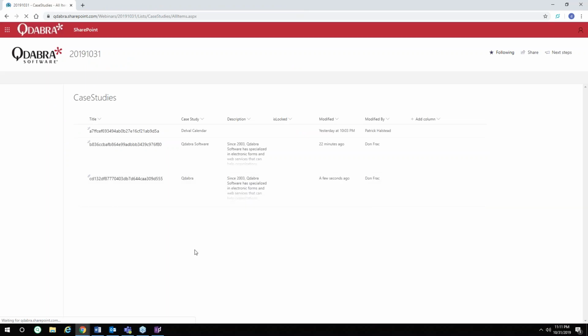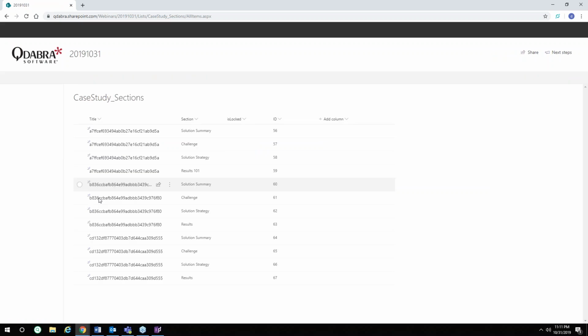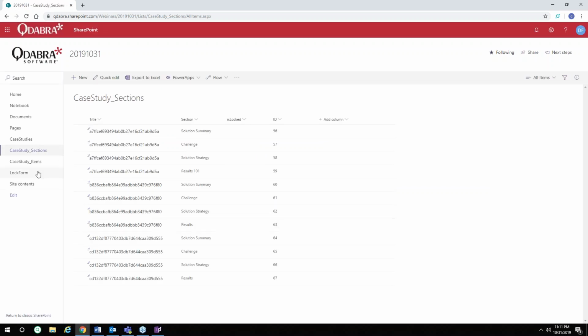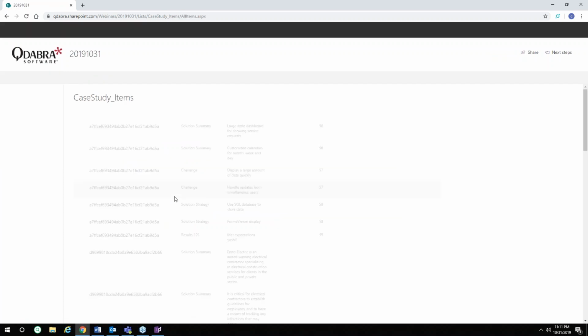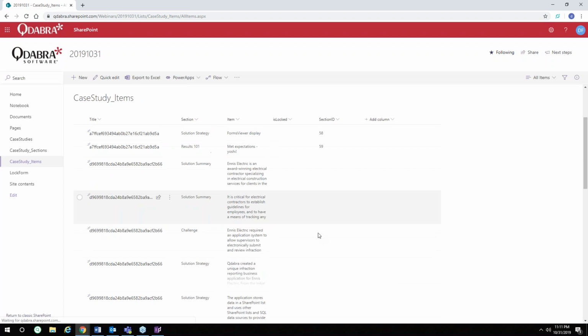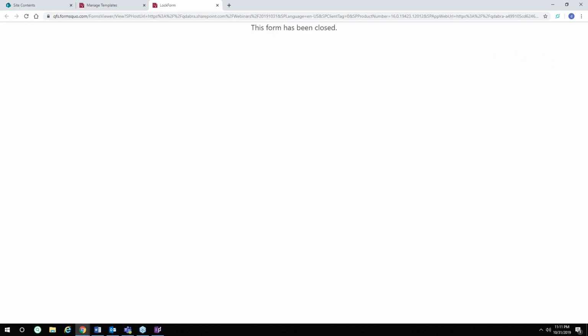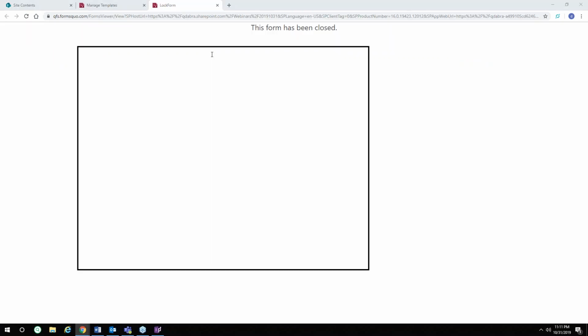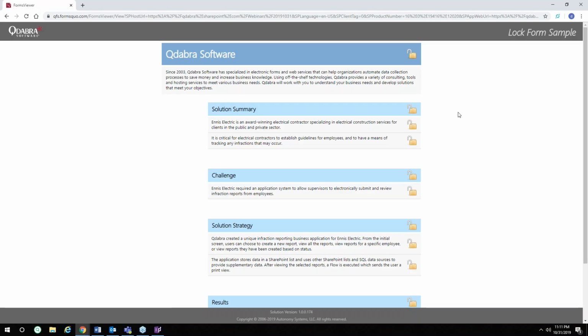Let me just refresh it. So it's here. It's this one. And we have a list for the main form, the sections, and the items underneath the sections. So if we go back to the form, here's the pre-populated form which I already have. You can lock these items and prevent other users from using it. So let's say I click on this one,